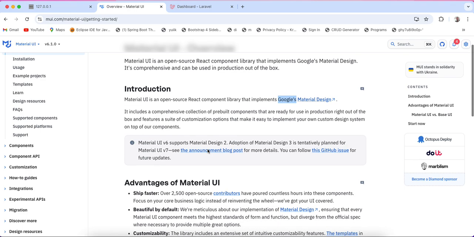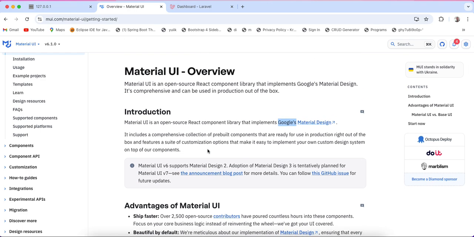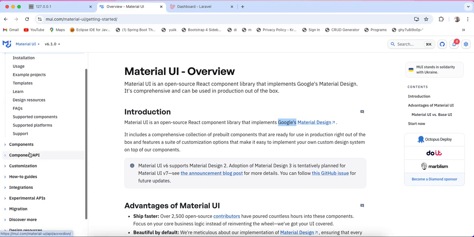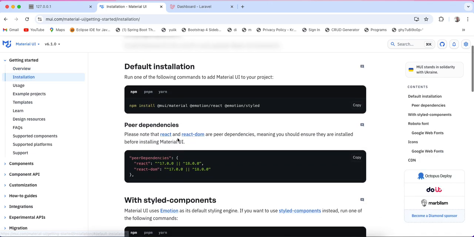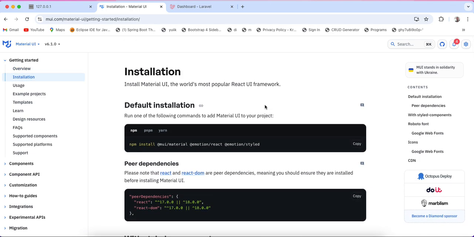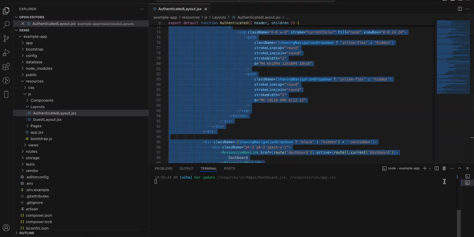So when you see Google applications, you realize that they've used this kind of library in designing them. They have now made it open source for developers to use. So let's click on the installation. The installation says default installation, run one of the following commands to add Material UI to your project. So just copy this, and then